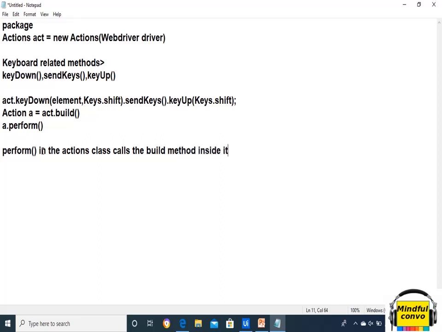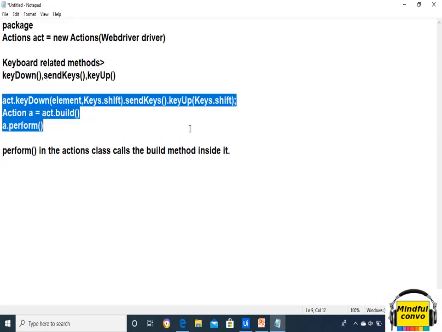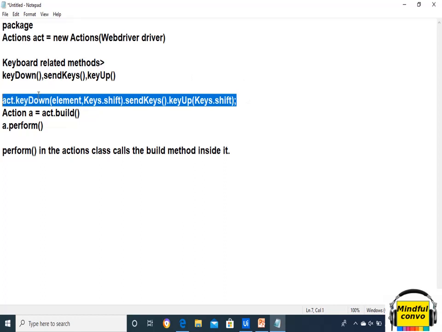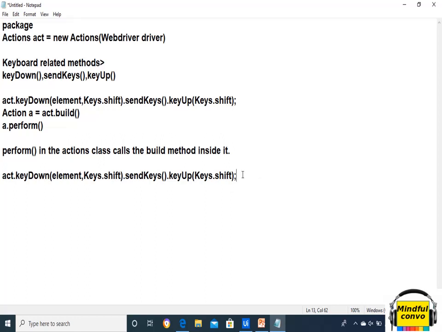So if we don't want to perform the actions using the build method, we can write this, and dot perform.